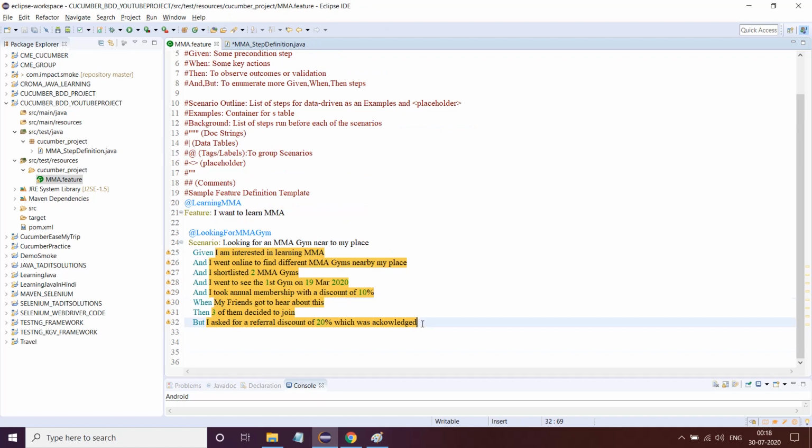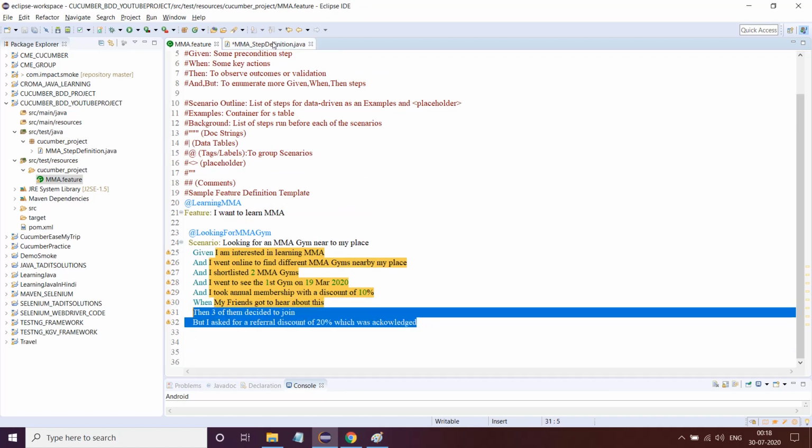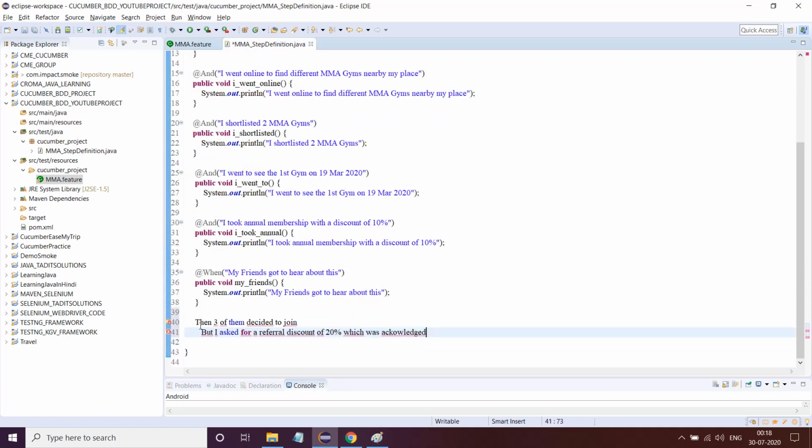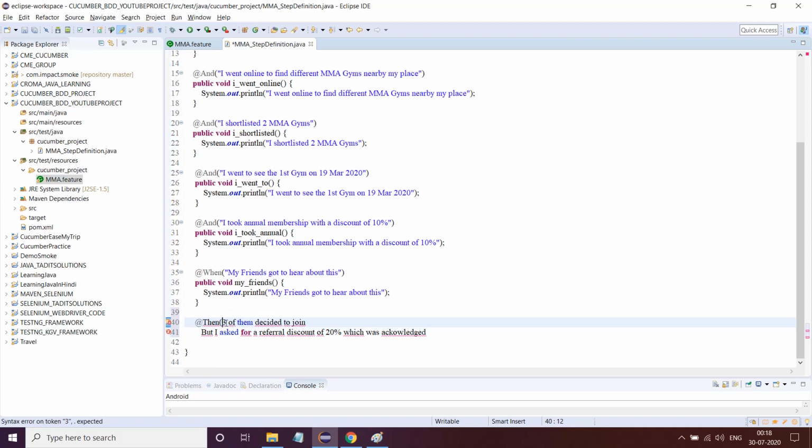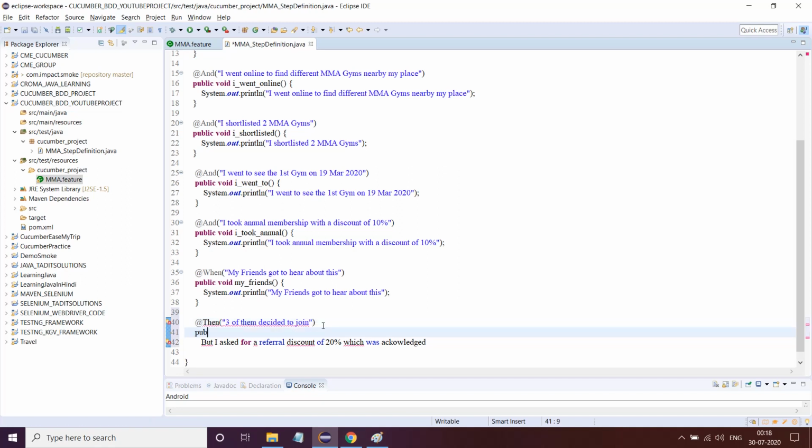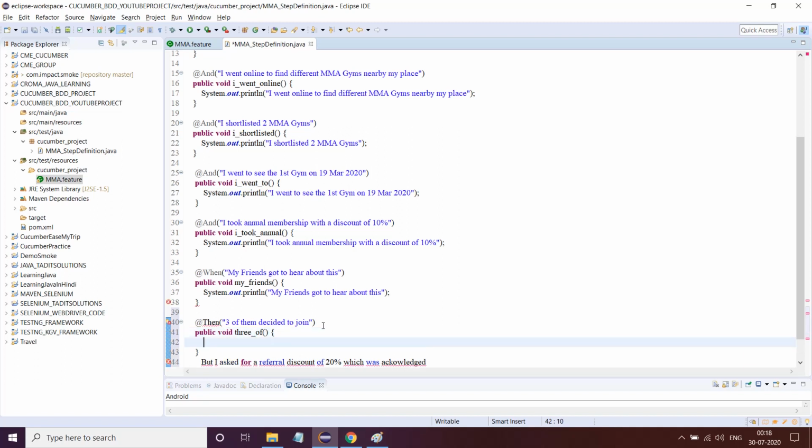Control C, and I'll paste it here. @Then I'll make it inside a string, pass the parameter, public void 3_off, syso. I'll do this much. I'll save it, @Then I will import it. That's it.